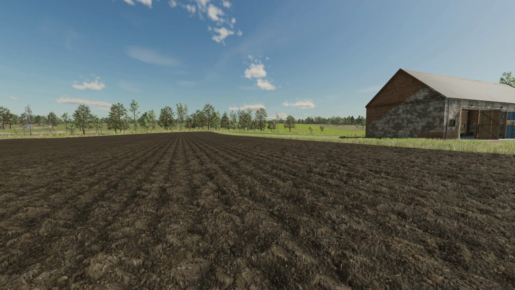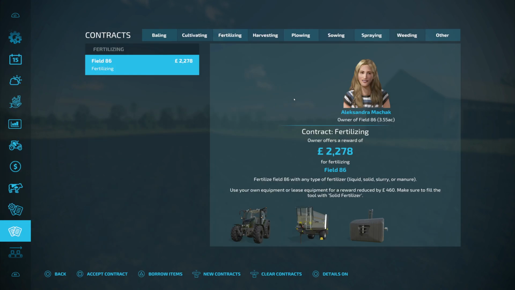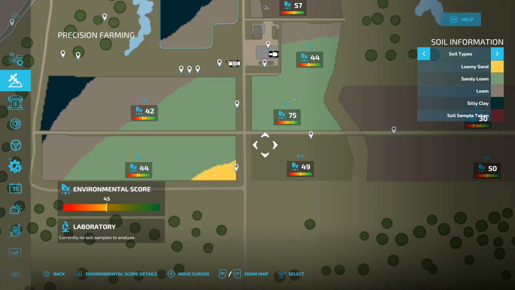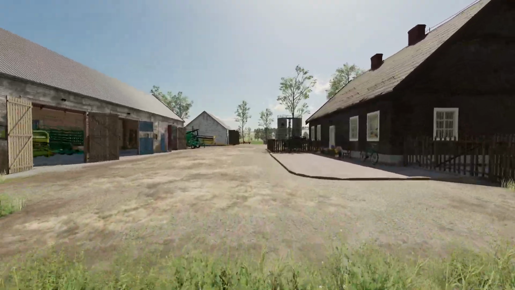And also there is one fertilising contract currently on the map down here in field 86. So I am considering using my own equipment with my own little bit of fertiliser, because I think I should be able to do this without costing any extra money. So if I pop into the field calculator menu there, field 86 says liquid fertilizer wise it will take 419.24 litres of liquid fertilizer. Now I'm pretty sure I've said this before in other series, that I think these numbers are based on base game and not precision farming, but fingers crossed, touch wood,